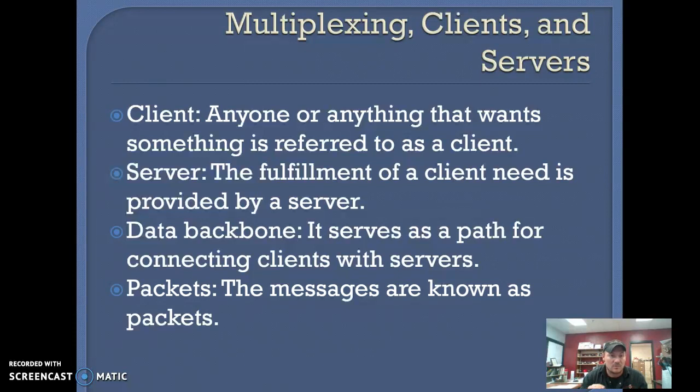Now, the data backbone, so the sending unit serves the message onto the data backbone, right? And the data backbone is the pathway. Now, a client is going to be the receiving end of this message. So the client can pick up that message if it chooses to, whereas if it doesn't pertain to them, so let's say, for example, that